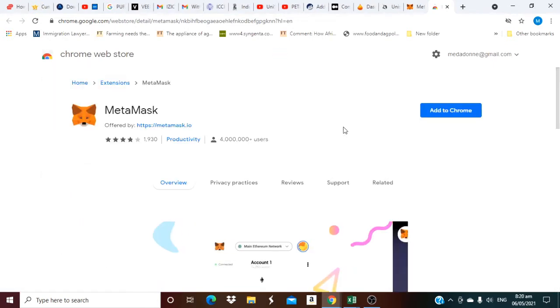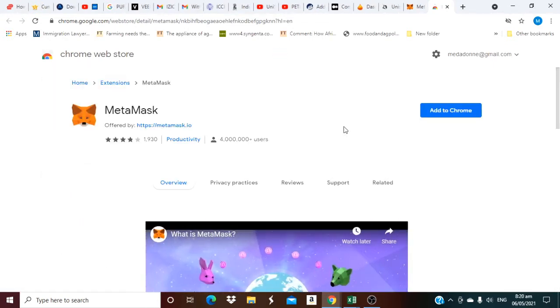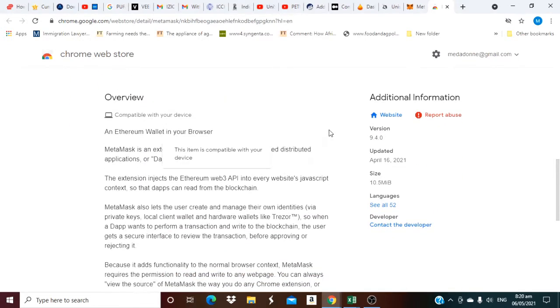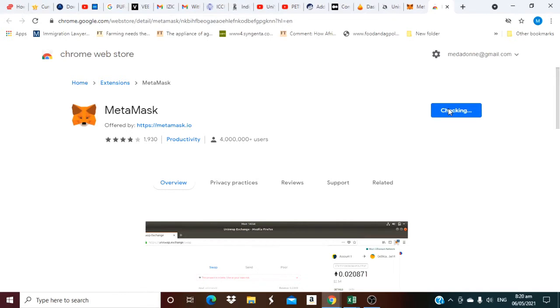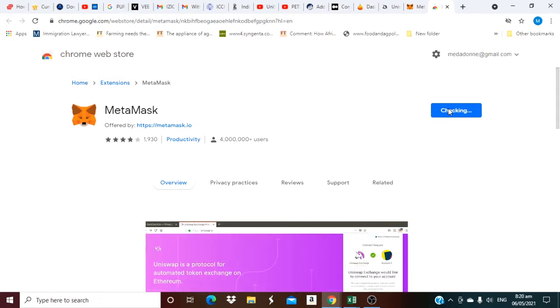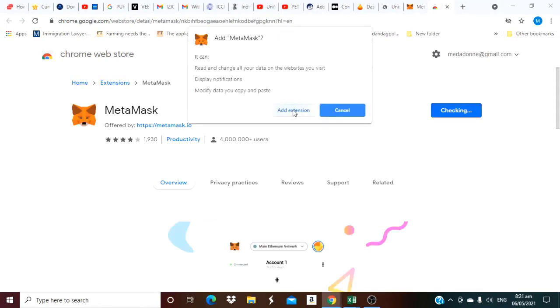Click on the Chrome icon, it will take you here. So here you click on add Chrome. Then you click on add extension.